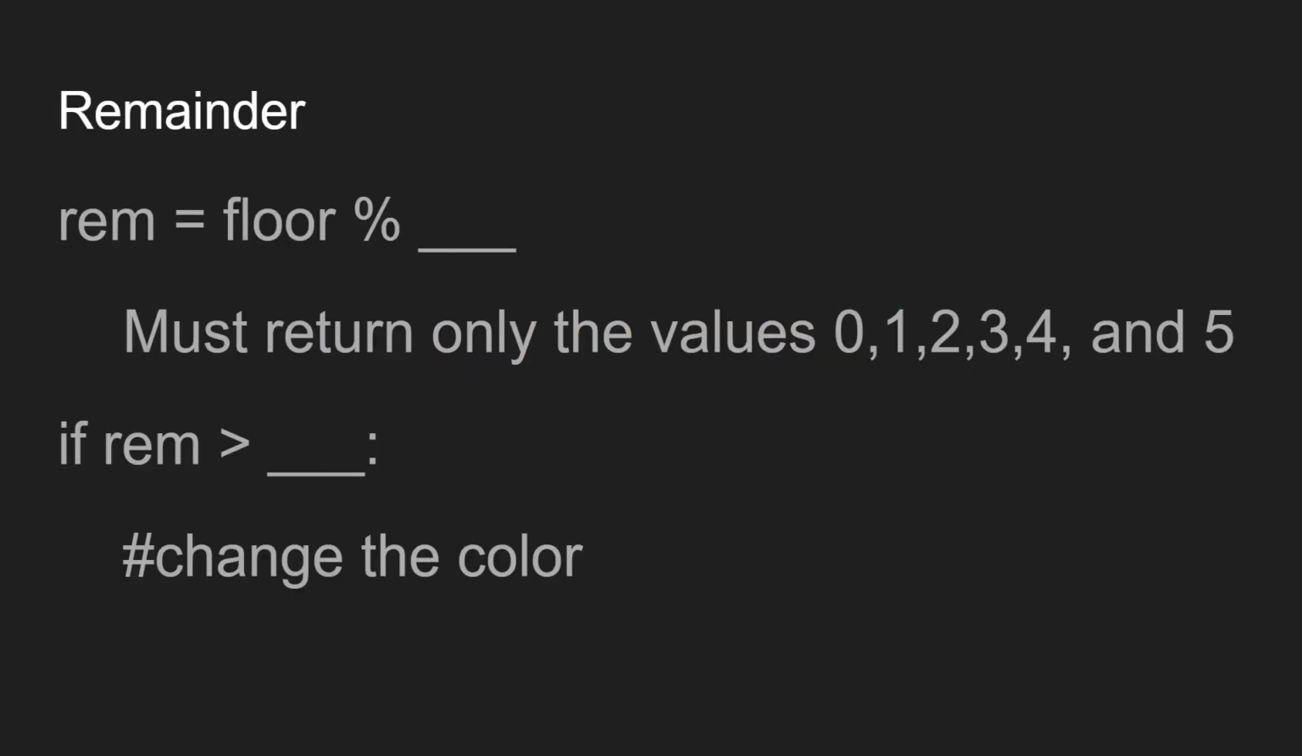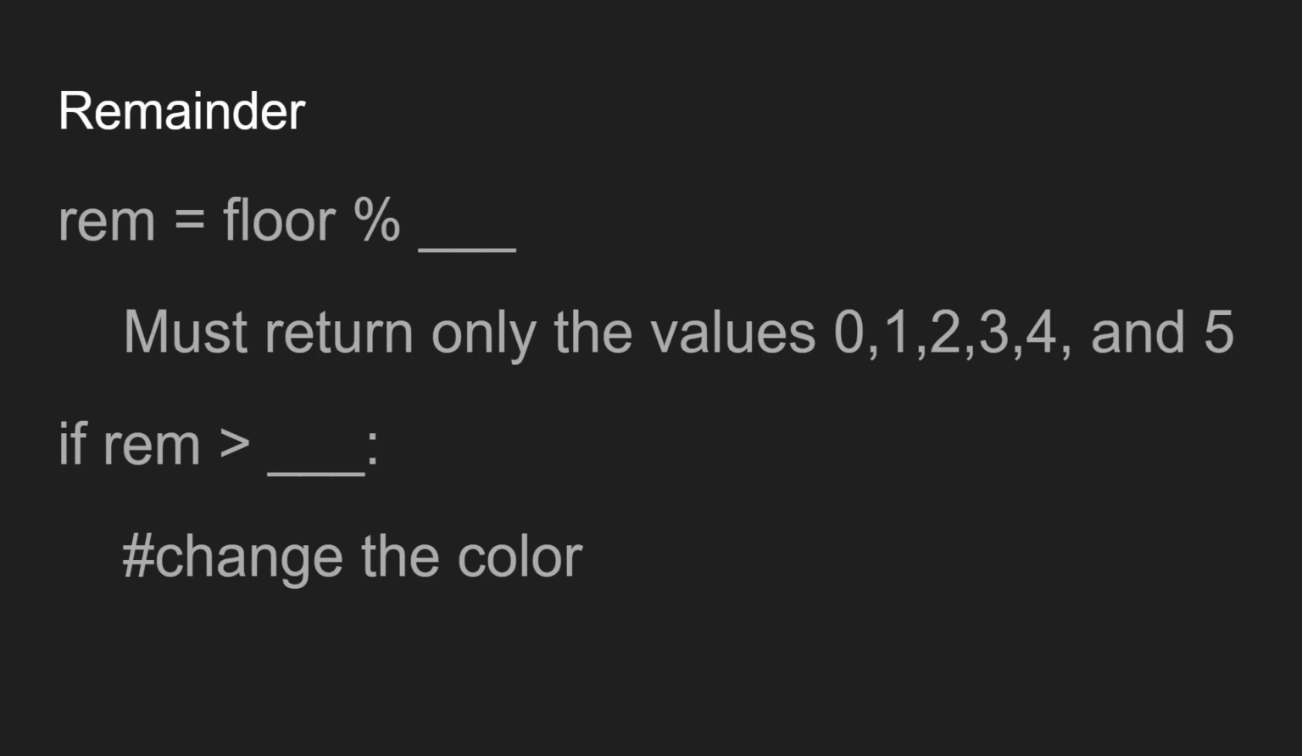For instance, if we had rem equals floor modulus blank, that blank must make it so we only return the values 0, 1, 2, 3, 4, and 5. And it will repeat like this: 0, 1, 2, 3, 4, 5, 0, 1, 2, 3, 4, 5, and so on, with every floor at 0, 1, and 2 being gray, and every floor at 3, 4, and 5 being